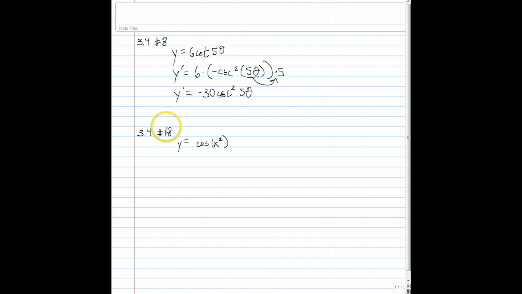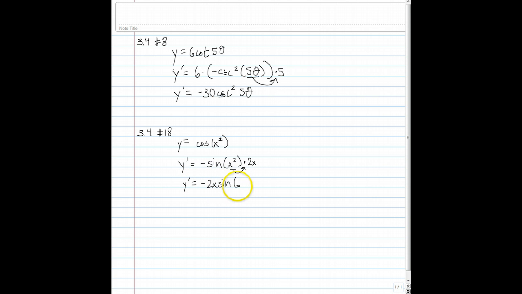So this problem is very similar to number 8 that we just did, and we're going to have to use the chain rule as well. This time cosine is going to be our outside function, and then x squared would be our inside function. So the chain rule tells us let's take the derivative of the outside function. So in this case cosine, its derivative is negative sine, and then we leave the inside function as is for now, and then we're going to multiply on the outside the derivative of that inside function. So that'd be 2x,